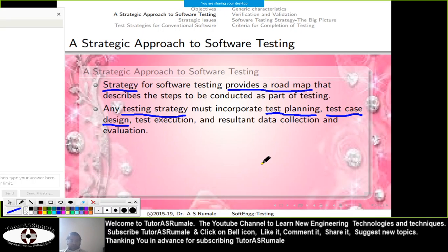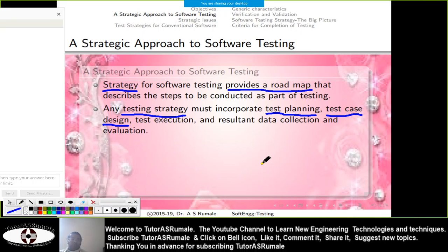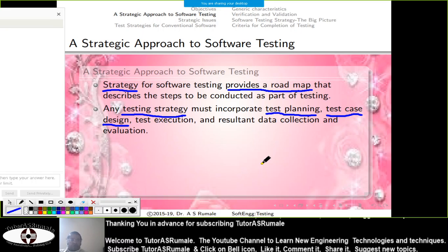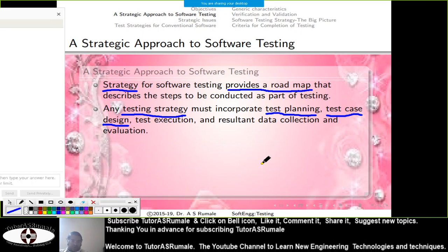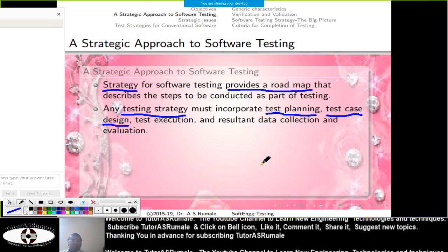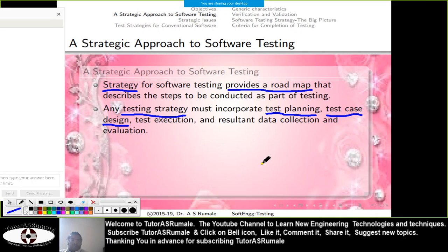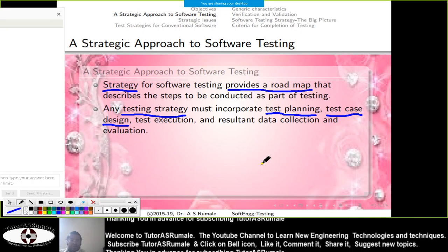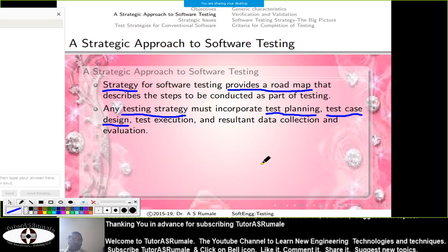Let's say you are running a simple notepad application, your test cases will be: will it start on double click of the mouse? Will it shut down on clicking the cross button? Will the file processing unit work properly or not? So these are the test cases.